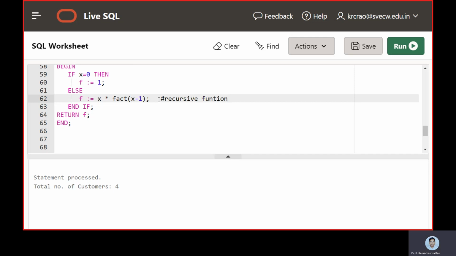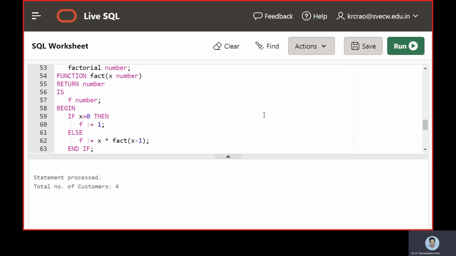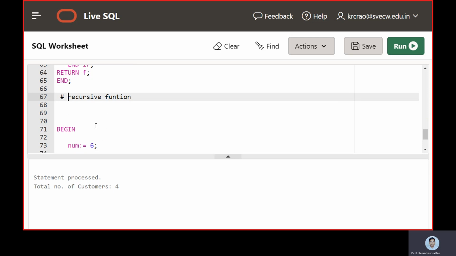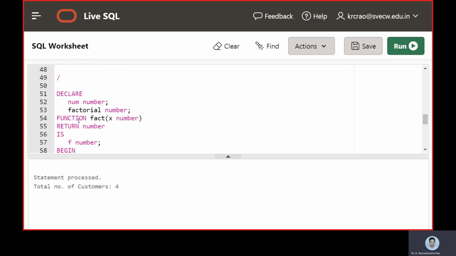The recursive function which it has taken up, and above was the recursive function.